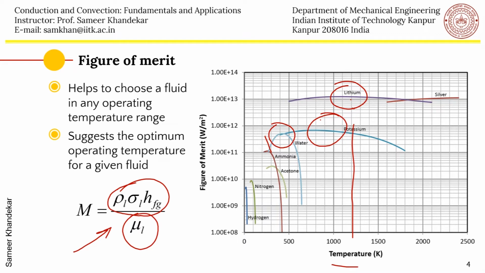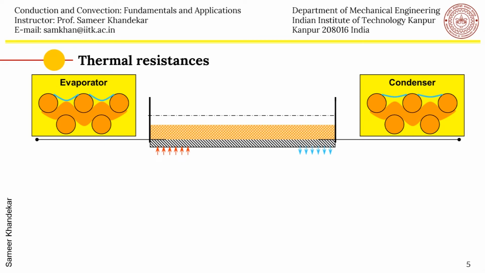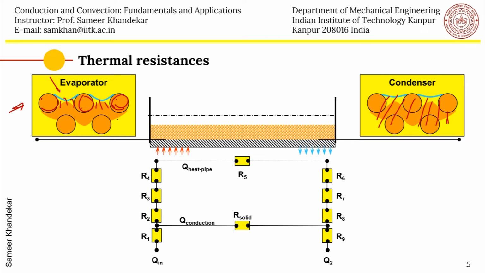Now let us look at the whole process of heat transfer in a heat pipe. As you can see, I have just made a cartoon of the evaporator porous structure. You can see these are meshes, for example. These are the metallic wires which are like porous media, and then there is an interface there, which is the liquid interface which saturates this wick, and so the liquid fills up the spaces inside this porous media wherever there are spaces, and then heat comes in from the evaporator. It has to travel through the metallic tube, as can be seen here, and then it goes to the porous media. Then vapor is formed. Then the vapor has to travel towards the condenser, and then it condenses here, and the heat has to go out of the container,